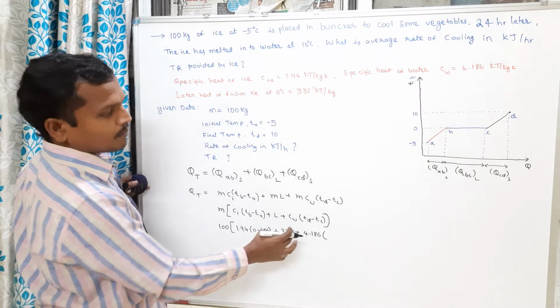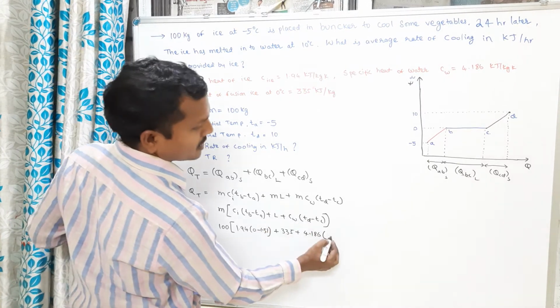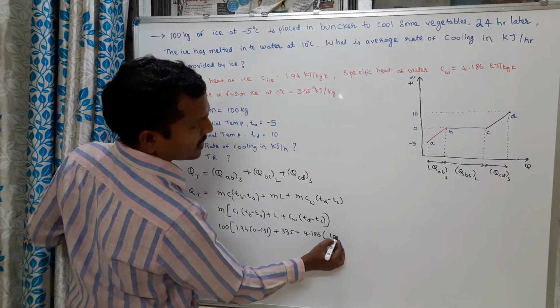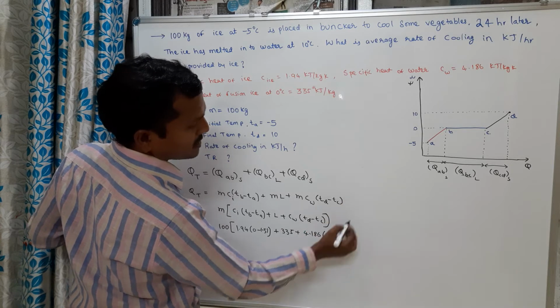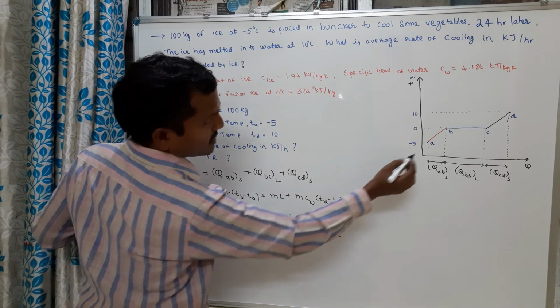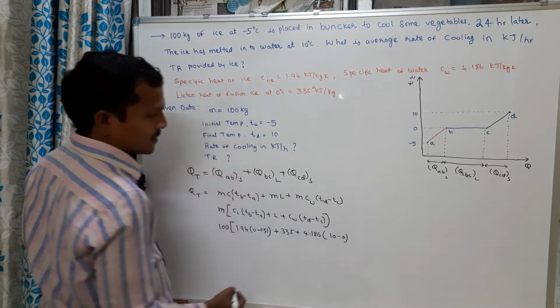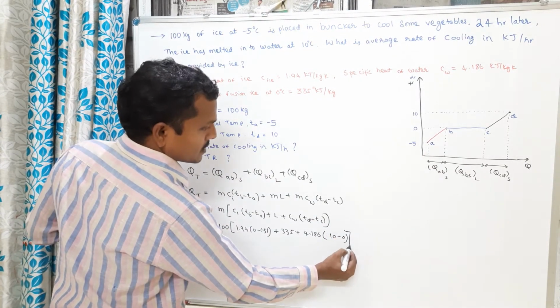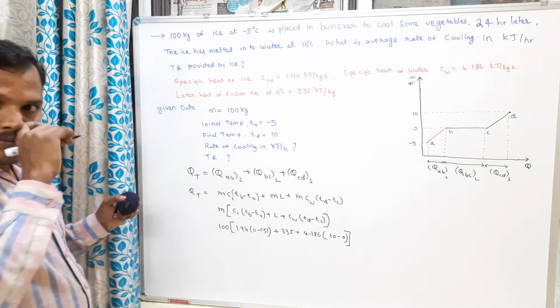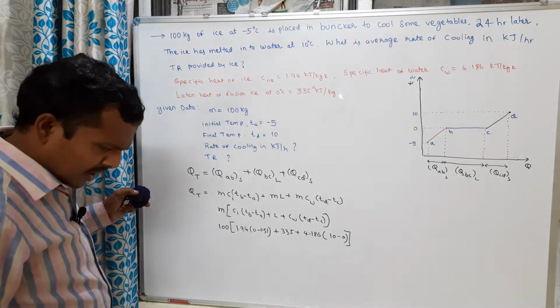The temperature at point D, the final temperature, is 10 degrees. The temperature at point C is 0 degrees centigrade. From the calculation we will get the value